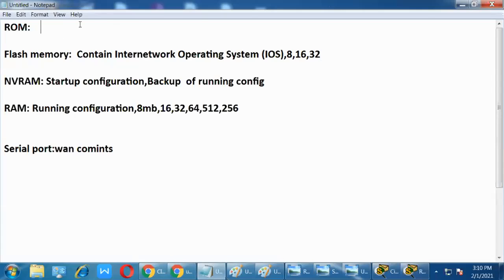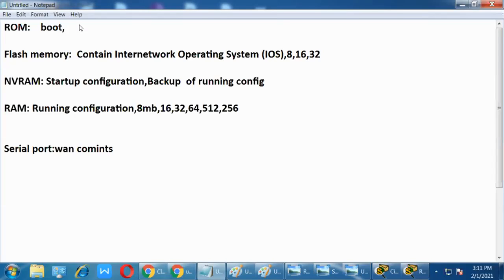ROM has the boot process and mini IOS. Boot process, as I already discussed, means when the router starts, it is going to check all the interfaces, whether all interfaces are working properly or not. So whether all connections are available or not, it is going to check and provide the information. If anything is missing or misbehaving, at that time it will give an error on your screen, in your laptop, in your system, right? Clear? That is the boot process.